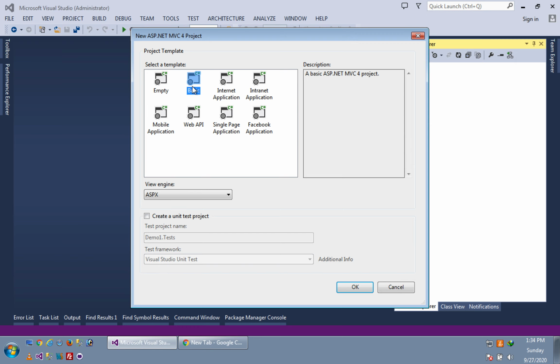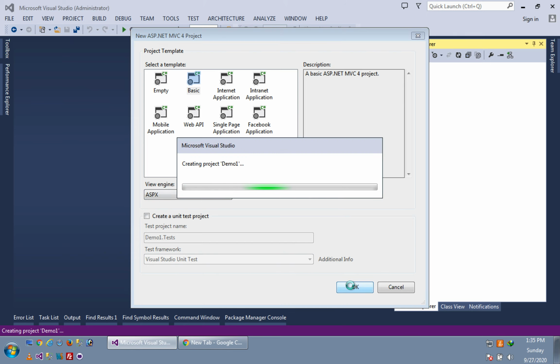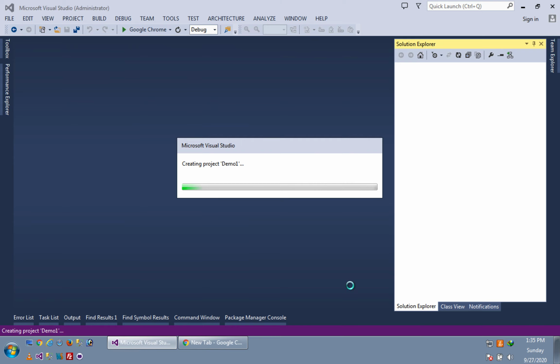Here select a template: empty, basic, internet application. I am selecting the basic template, and for the view engine I am using the ASPX view engine. There is another option, Razor, but I am not using Razor. Then okay, and it will create a project in MVC for me, and the version of MVC is MVC 4.